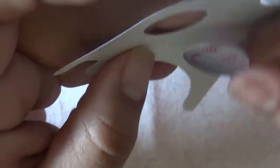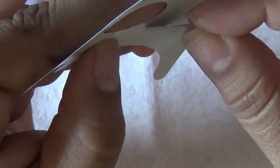Okay, once I do that, I take off the nail form and apply the extended circle underneath, and I'm showing you how I do it. And then after that, I apply it on the finger. And before I stick it all the way,